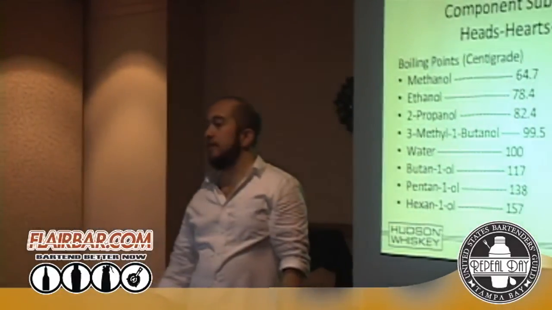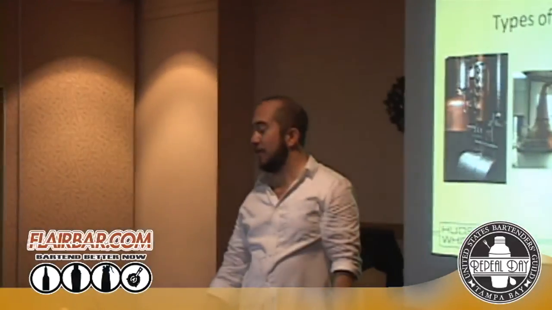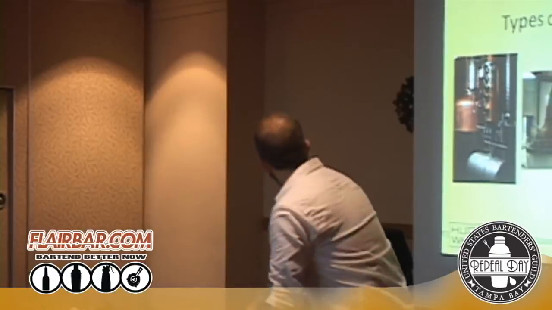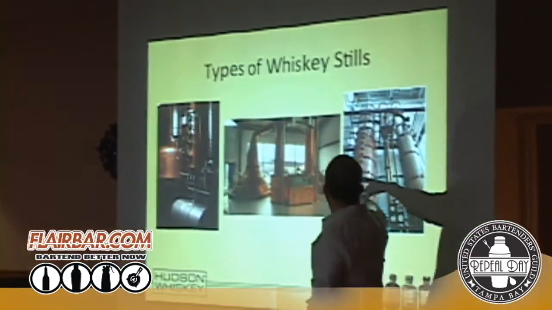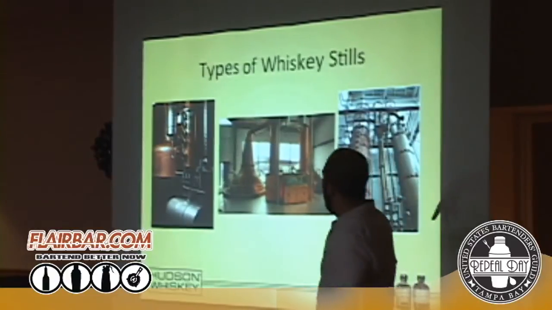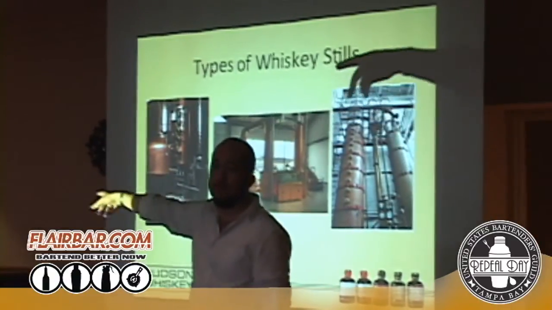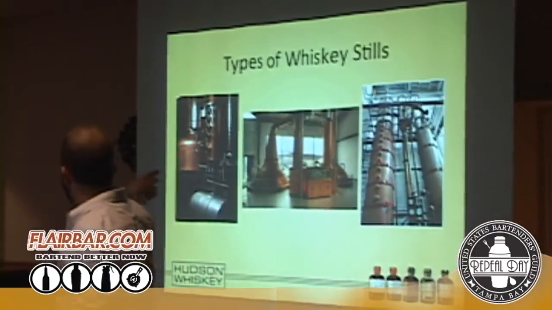Wow, well I didn't get through nearly any of the slides here, so if anybody else has any questions, I can maybe send you guys this, but I'm just going to flip through these real quick. Just want to show different types of stills. Typical Scotch stills, column stills, a Coffey still. It's actually one of our stills on the left. That's a hybrid still. So you've got the pot, the column, and the condenser there.